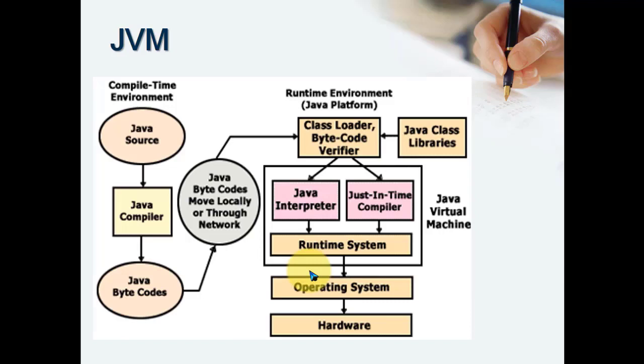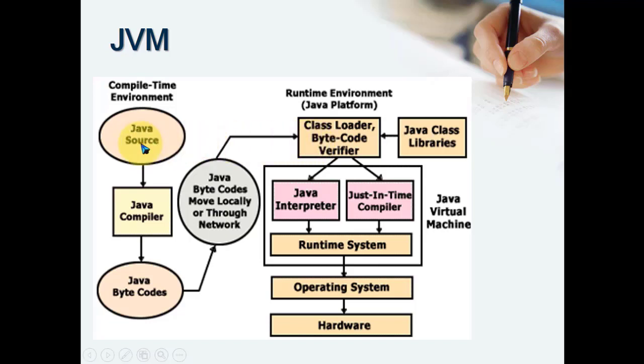Now this is a detailed architecture of Java and the JVM. This is basically the Java architecture, and this internal part is the Java virtual machine. The short form is JVM, the long form is Java virtual machine. The virtual machine runs on top of the operating system. So here your operating system is available, here your hardware. This is the OS, this is your JVM, and the other part is related to your compilation process, class and verification of the bytecode, security checking, etc. So we'll go step by step.